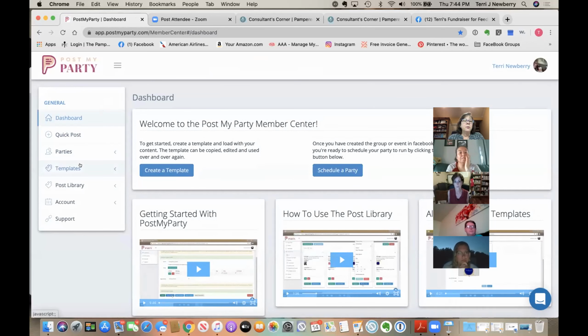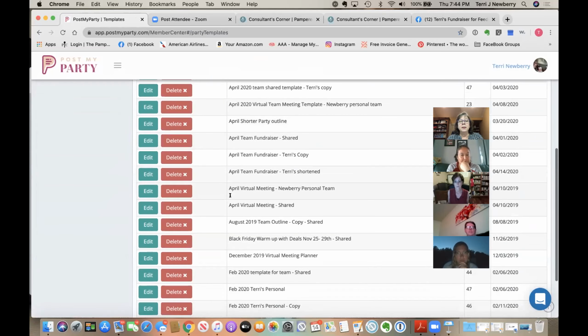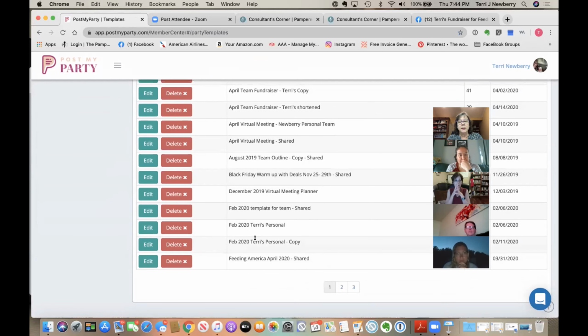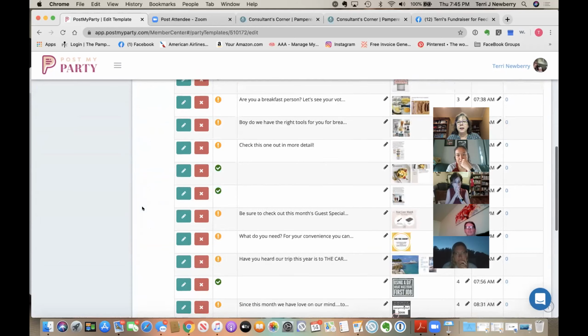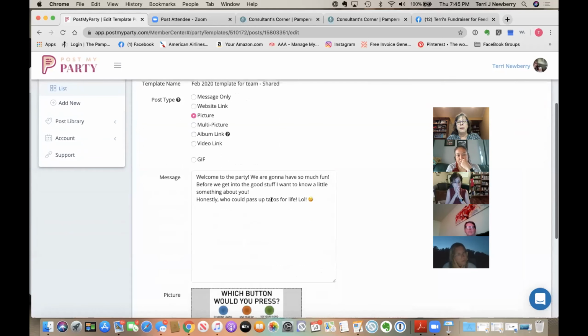And we're going to share a template with you via a link. When you get that link, there's going to be a monthly outline, and I'm just trying to find one. It doesn't matter which. Okay, so here's February. This is the one I used personally, and this is the one that was shared. If I open it, this is what it looks like before it's posted, and this right here is where I go in and make the words my own.